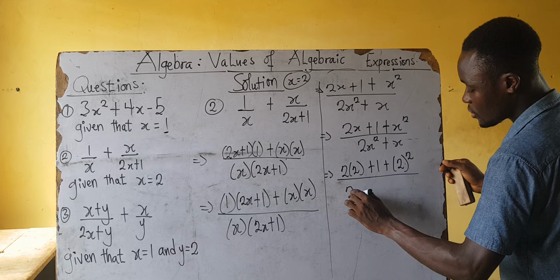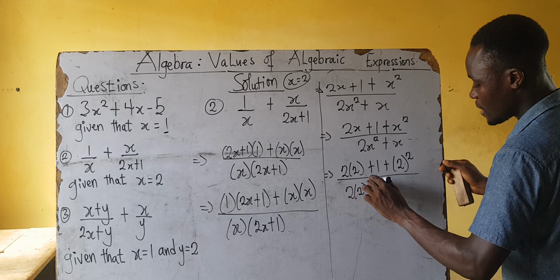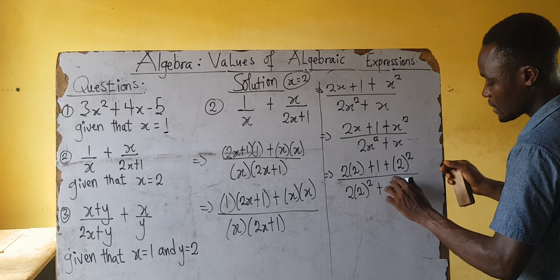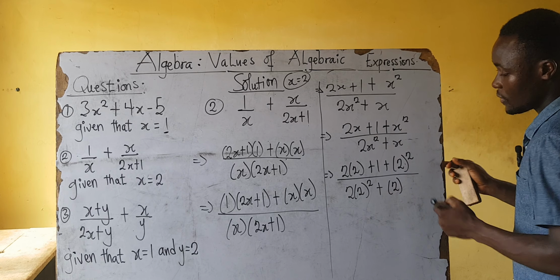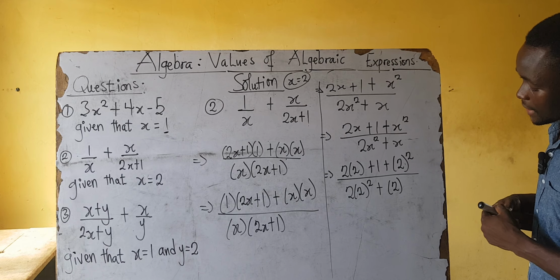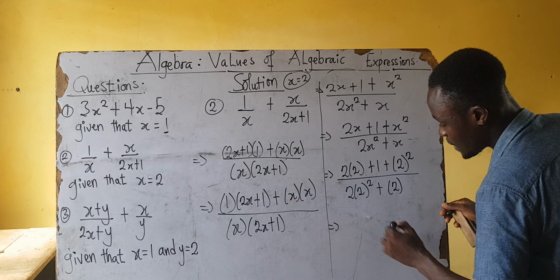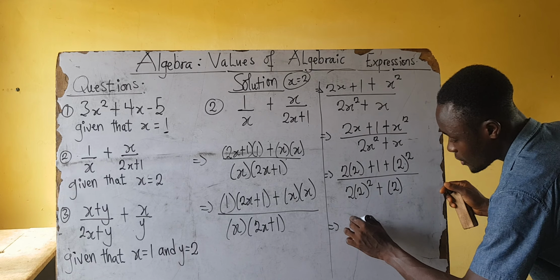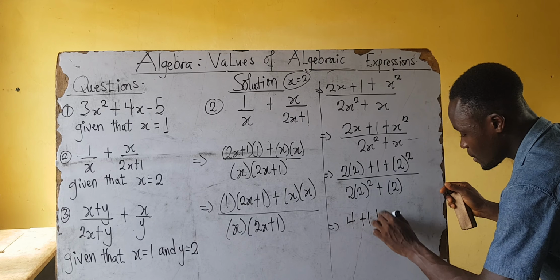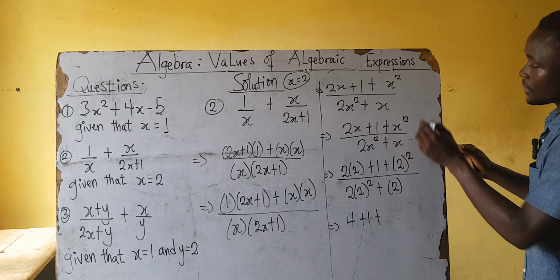So all over 2 in a bracket, 2 power 2 plus x is 2 over there. I believe you are following the concept. All right, so we dive into the next part. Now here 2 multiplies to where I'm getting 4 plus 1 plus, over here we all know that when we